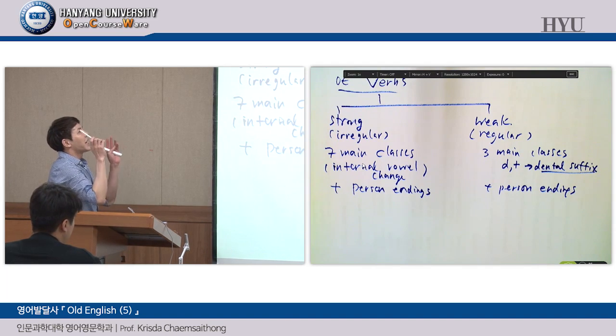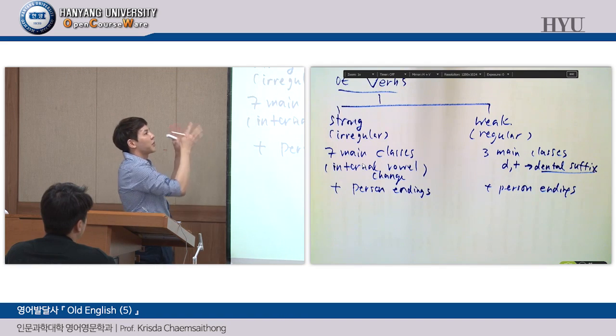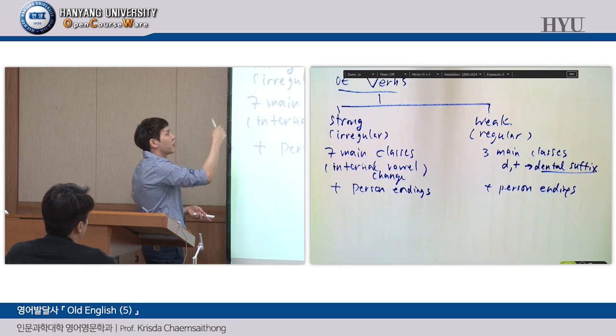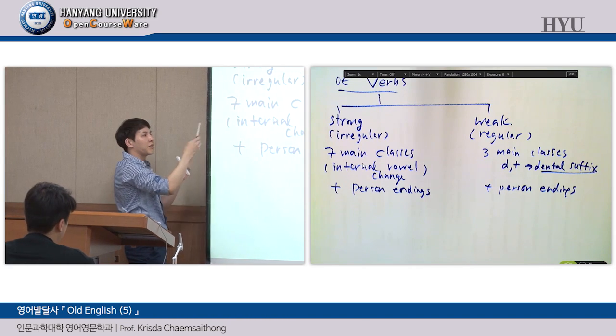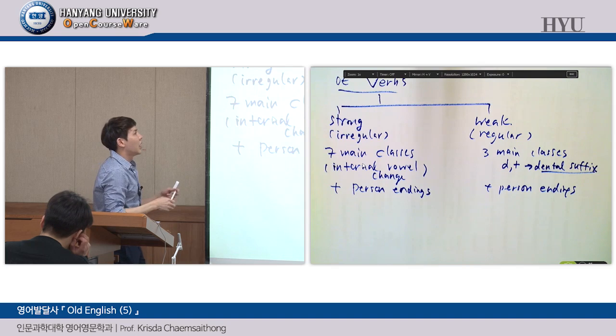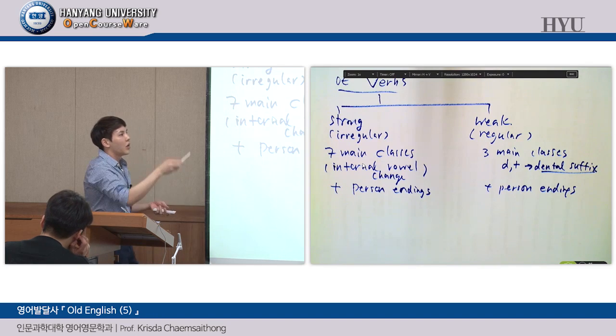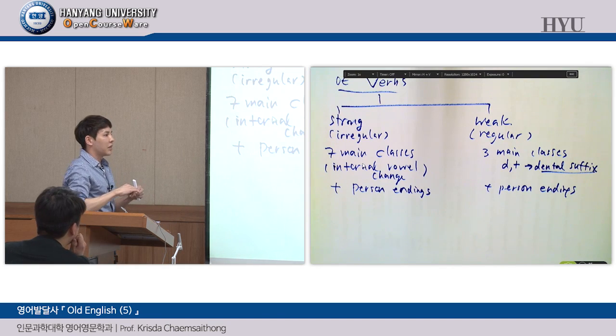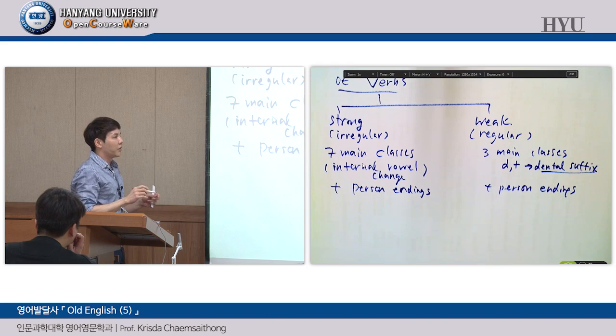Okay, so last time we talked about Old English verbs. We have strong verbs, we have weak verbs, right? 2 main groups. And then strong verbs, you have 7 main classes, 7 main patterns of conjugating the internal vowels, right? When you change them into the past tense. For weak verbs, you have 3 main classes, and you add D or T when you form the past tense, right? However,